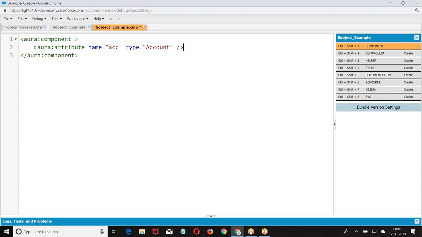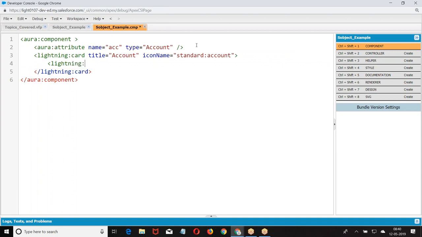Now, when I define it like this, I take a lightning input with value equal to v.acc.name.